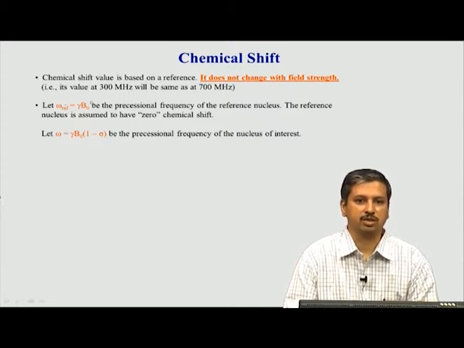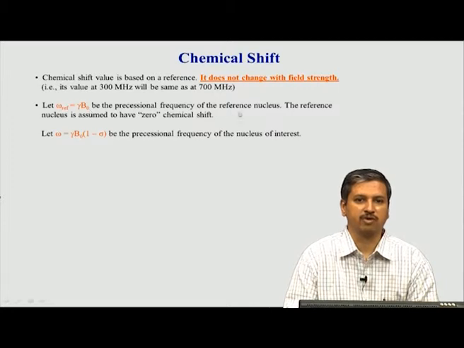Now look at this equation here, this is a standard NMR equation which says that omega is equal to gamma B0. Suppose we have a reference molecule, let us not look at what molecules can be used for reference, but suppose you have some hypothetical molecule, which we call the reference, and that particular molecule will have a peak which has an omega frequency, a precessional frequency, and that is related to this.